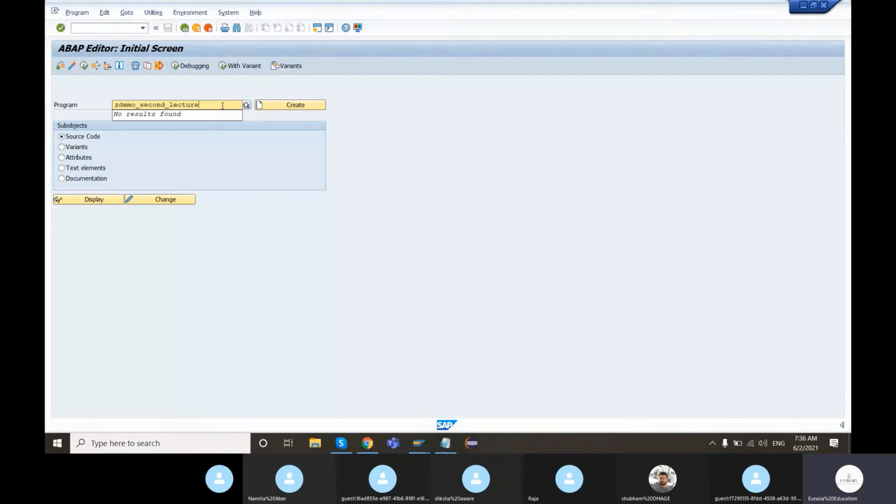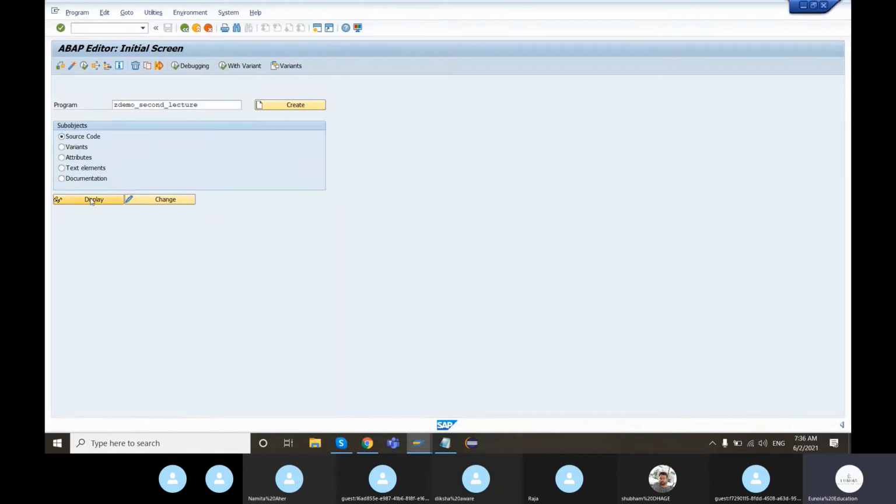Just type in the name of the program that you want to create. Yesterday I explained that if the ABAP application that you are developing is a custom one, then you need to start the name with Z or Y. The Z or Y prefix indicates that it's a custom program, not provided by SAP, and the customer is developing it.